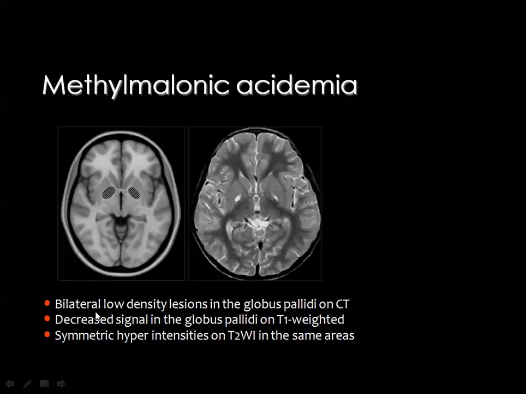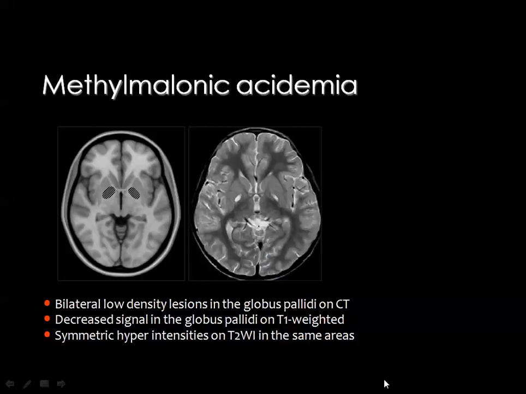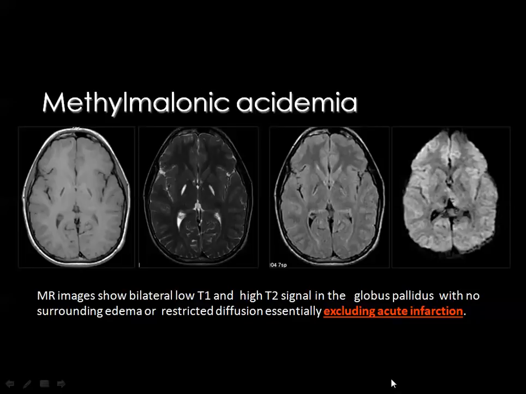The main and characteristic imaging finding of this disease is the presence of bilateral, almost symmetrical hypodensity of the globus pallidus on CT scan. These lesions will appear of low signal on T1 and high signal on T2 weighted image. This is a peculiar finding on imaging in this particular disease, which is